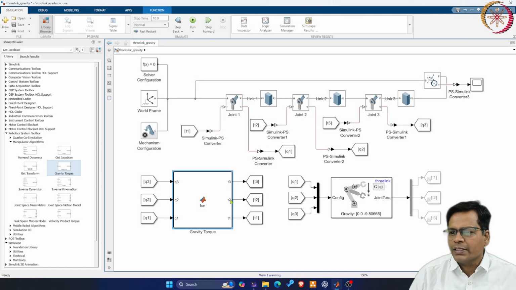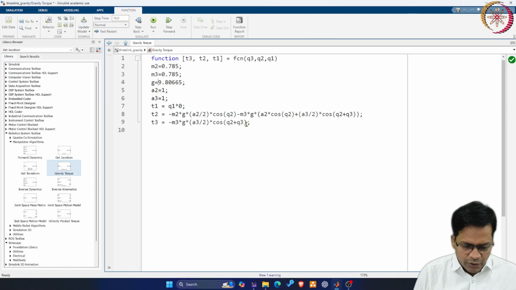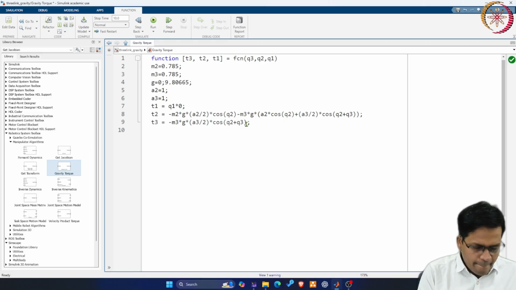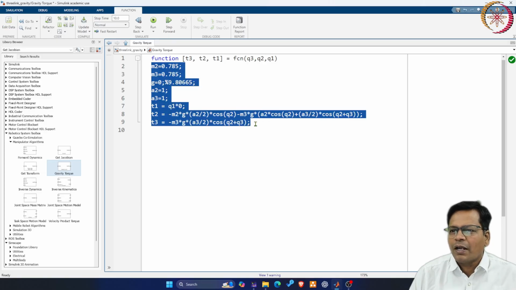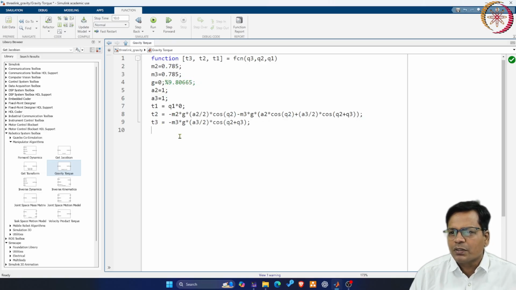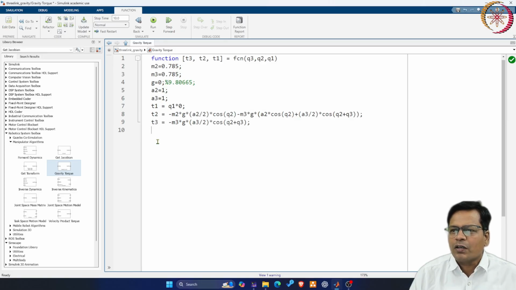Now let me try something. If I put G is equal to 0 here, so if gravity is 0, this should behave accordingly, right? So in this case, I am in the code assuming gravity is equal to 0. So this should give me an output torque which is equal to 0 because all these contain G. So all the torques are 0.